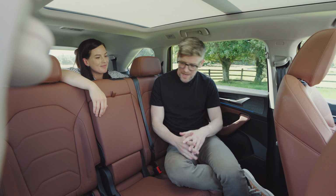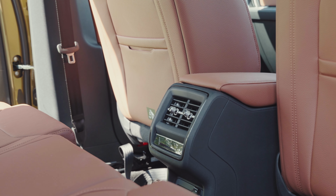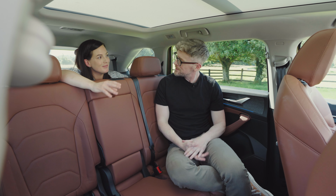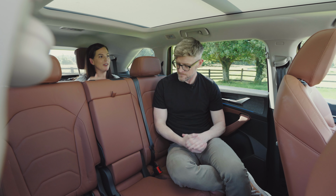Welcome to row 2 of the Skoda Kodiaq. Thanks for having me. I'm very happy back here. At 6 foot, I have no complaints. I have my twisty dials for my air conditioning. I have my USB-C, my 12 volt, lots of space, lots of light. Can't really complain. Legroom. What about you? Is really impressive back here, I have to say. And that is with me, a fully grown adult, sitting